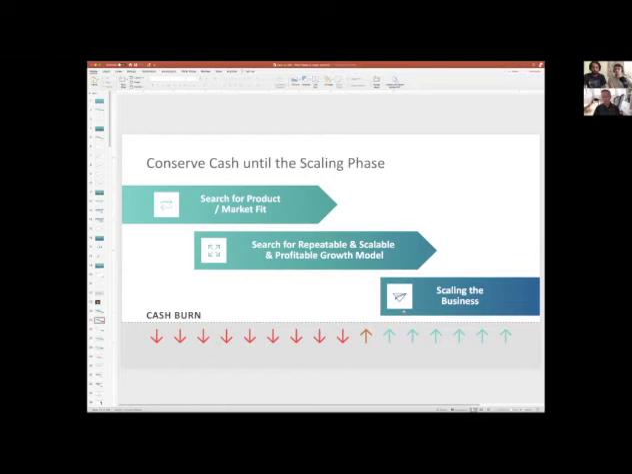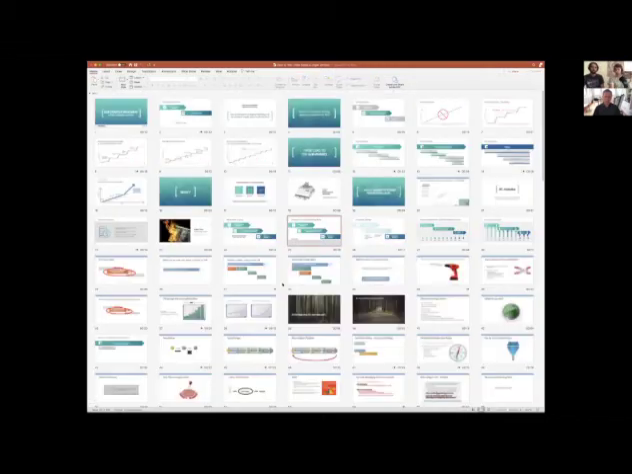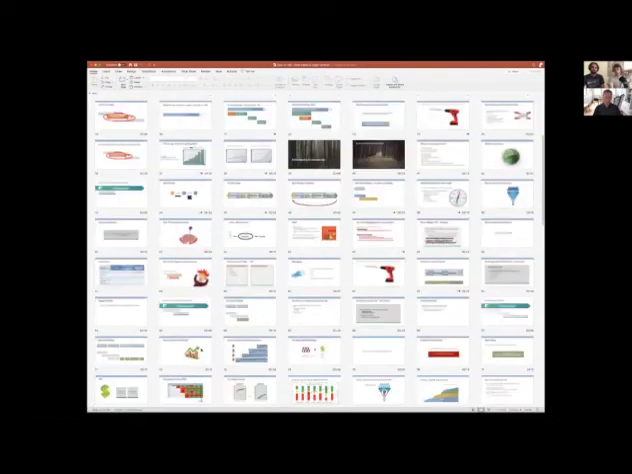But once you have got a repeatable, scalable model, you do need to switch the whole mentality of the company around and now hit the gas and start scaling the business. And that means that you need to hire salespeople. And one of the reasons why you need to hire salespeople, actually I can find another slide that'll show you this really nicely, I think, is that